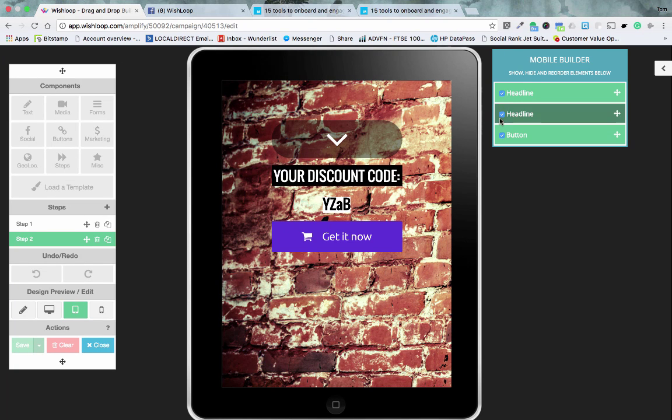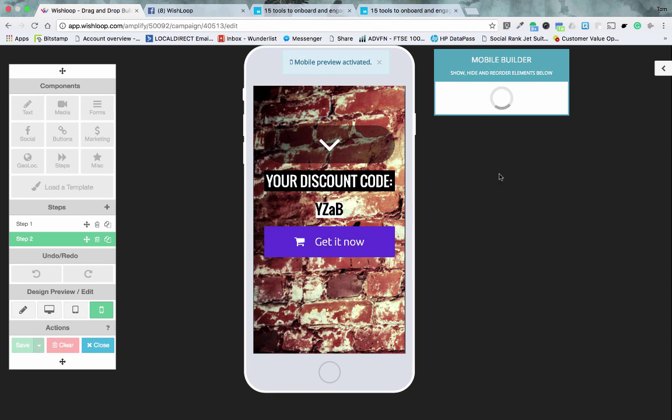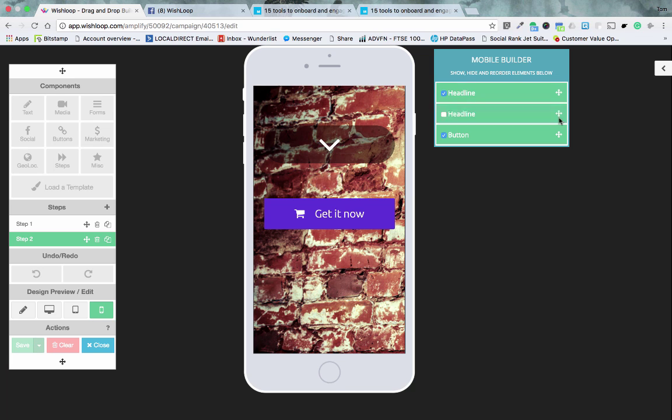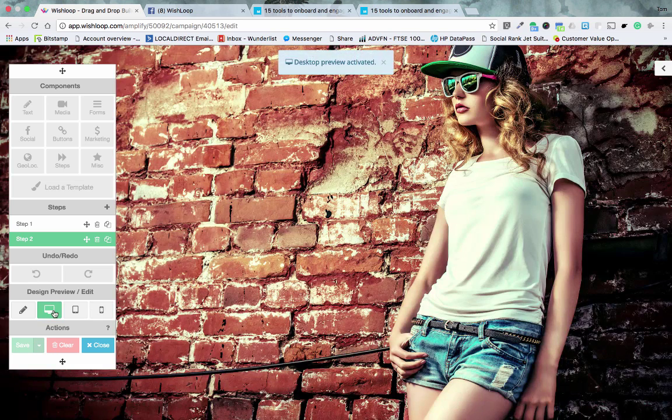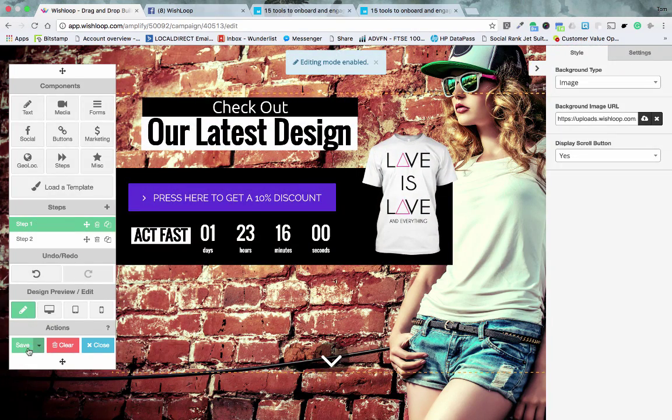You can remove different elements and rearrange the elements for tablet and for mobile as well, and see what it will look like on mobile. So I could move this, I can move the headline down, for example, move the button up, etc. Now once you've created your design, you just hit save,